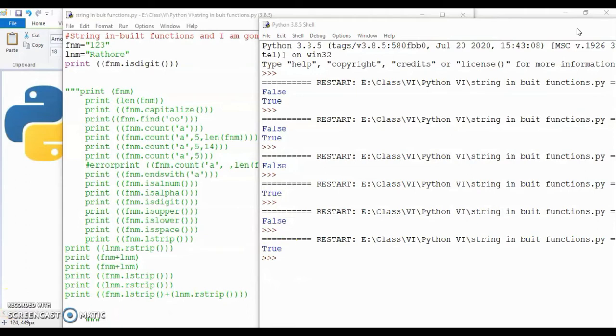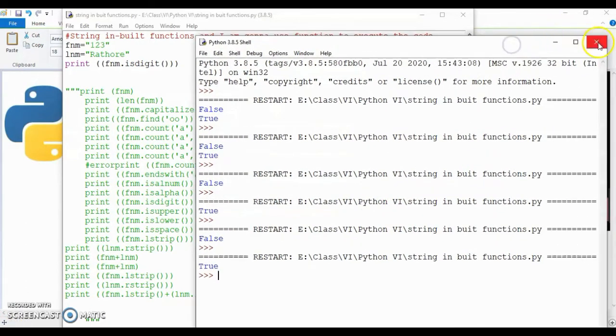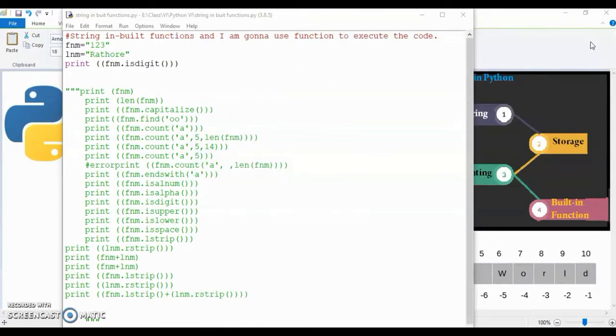Now next we are going to check whether the string entered by the user is in uppercase or in lowercase. Like when you fill up a form, you are asked to fill up everything in capital letters, or the first letter of the first name in capital and the rest in small. That you can check with the help of the isupper function and the islower function.